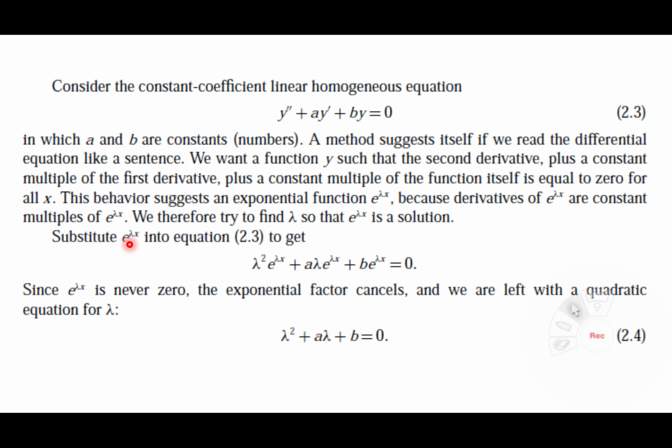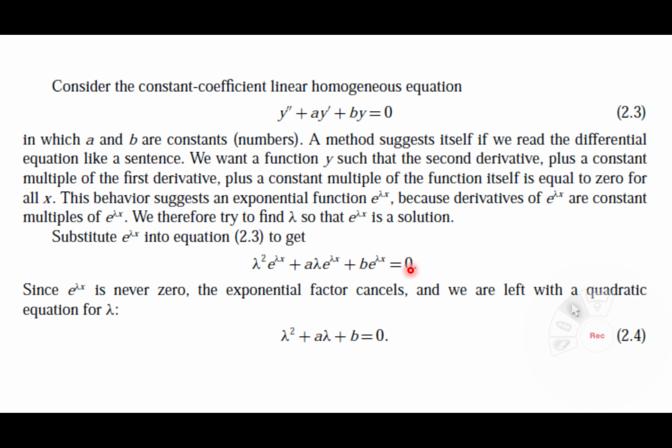So let's substitute e to lambda x into this equation. We are going to have the second derivative of e to lambda x, which gives us lambda squared e to lambda x, right? So it is lambda squared times the function itself, e to lambda x, plus a times the first derivative of the exponential function, so it is a times lambda times e to lambda x, plus b times the function, e to lambda x,